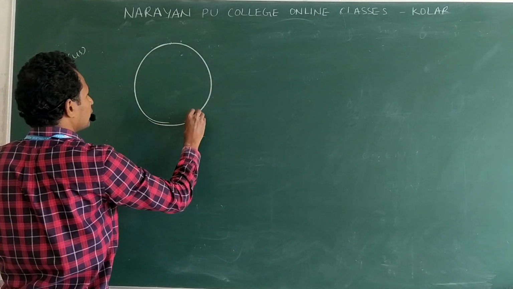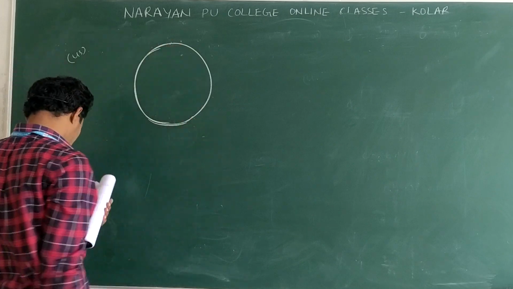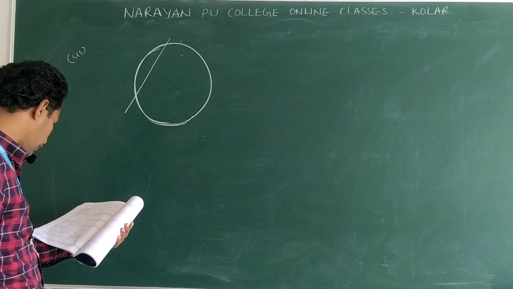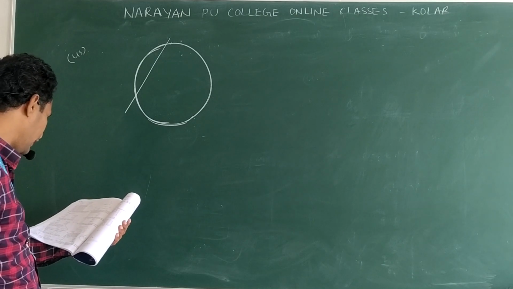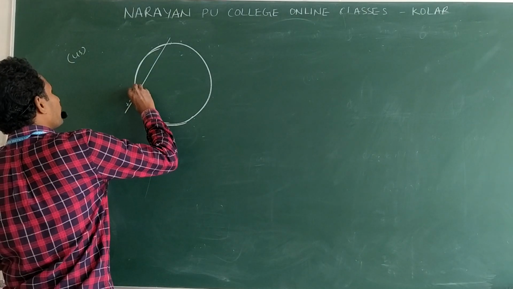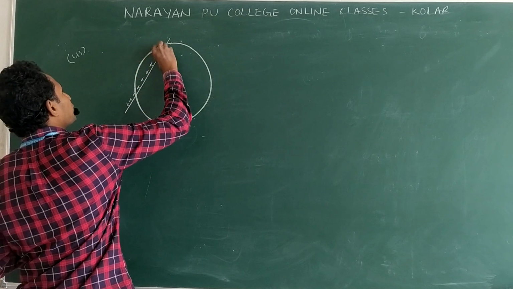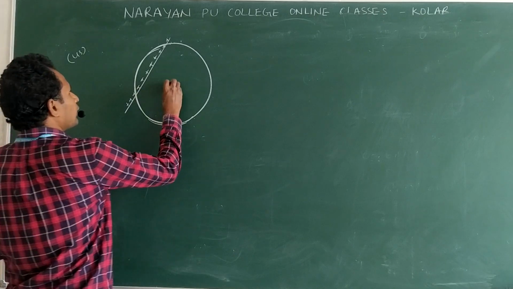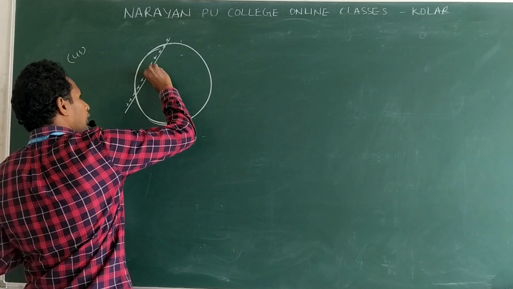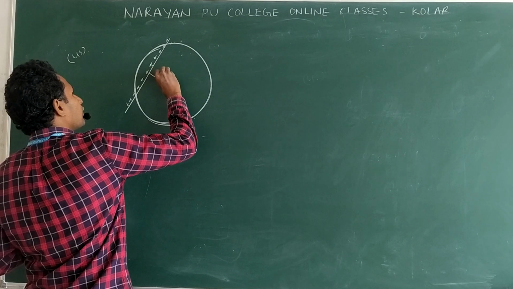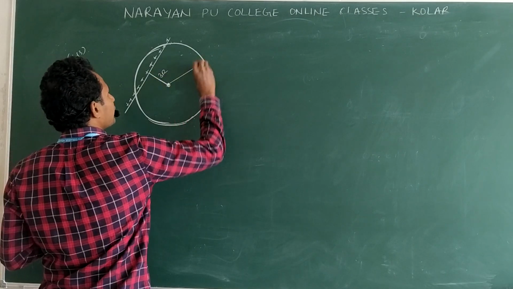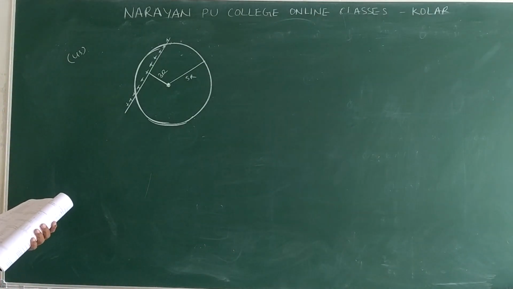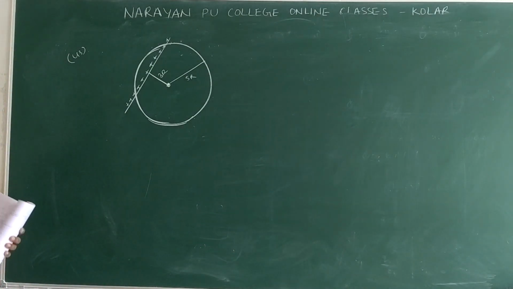Draw the figure. This is a sphere. One wire is placed like this, a long wire. This is having positive charge. Charge is distributed throughout the wire, and this is center O. This distance is given as 3r and the radius is given as 5r. And they are asking the electric flux through the sphere.